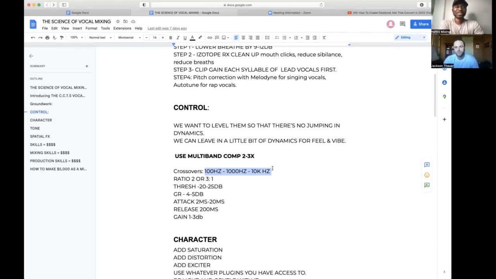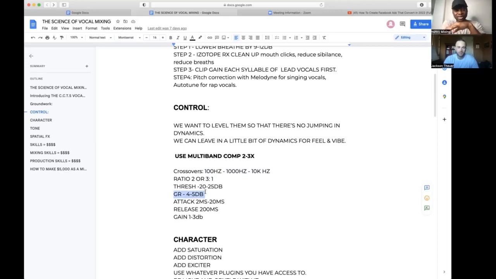Perfect. That's brilliant. So 200 is always going to be around your 16th note, depending on if you're multiplying your BPM or dividing it by two. So 200 is a good spot to kind of hold the vocal at least for a little bit before it lets go. So the gain reduction, which is the GR, we're trying to dig in to like 4 dB to 5 dB gain reduction.